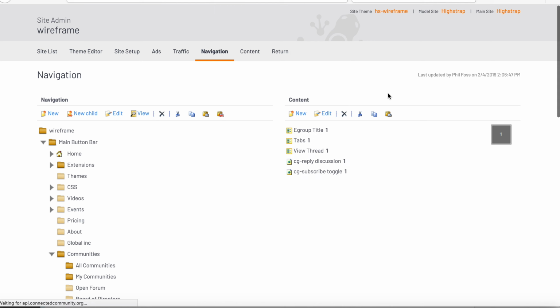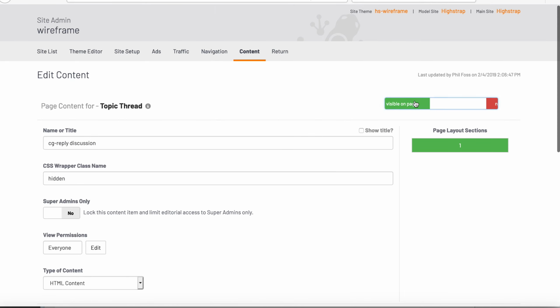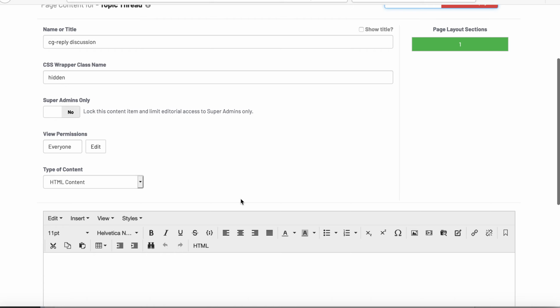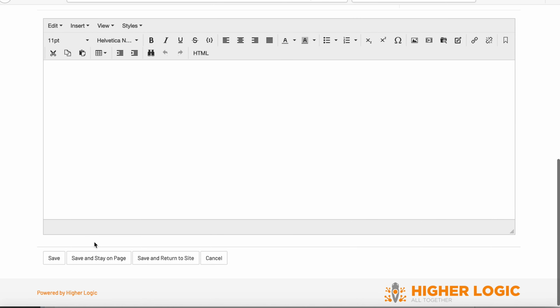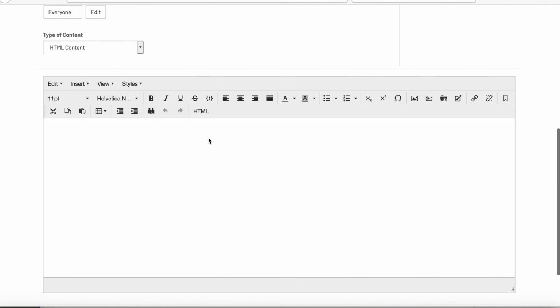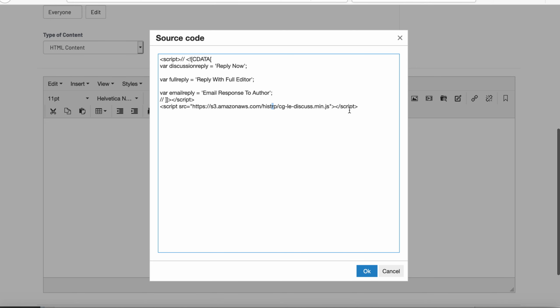And then if I was going to completely uninstall this, I would simply set it to not visible on page and then hit save. And one thing, I'm actually hosting this in the cloud,